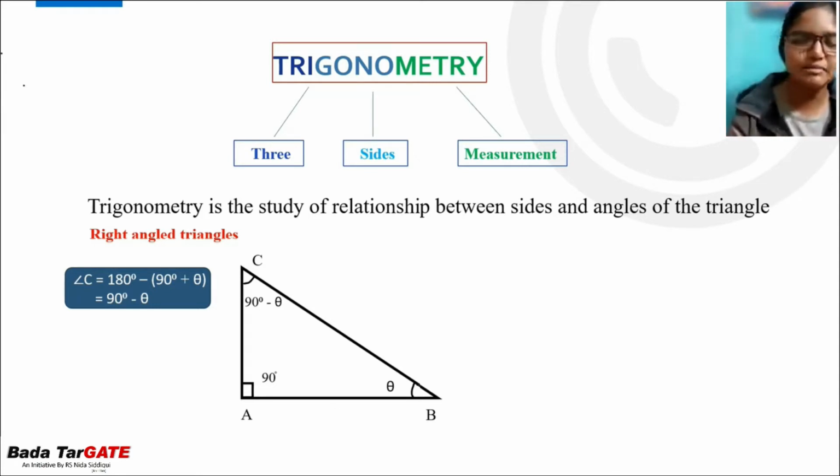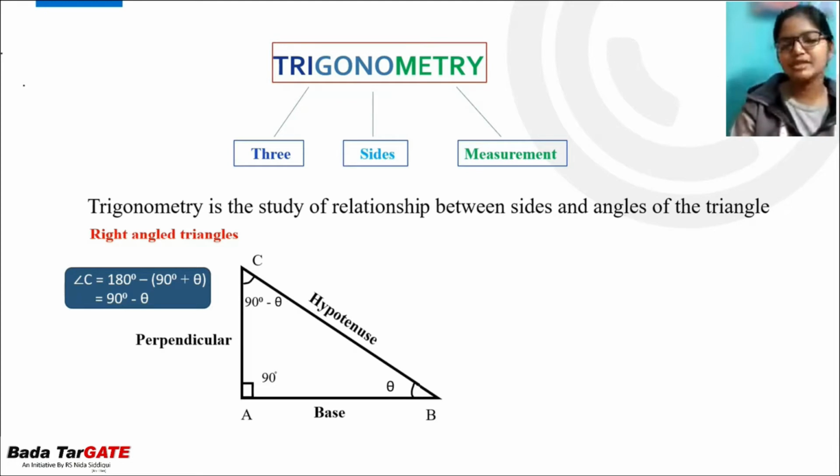Now let's look at the parts of the right angle triangle. The lower portion, that is AB, is known as the base, whereas the AC, which is perpendicular to that of the base of our triangle, is known as the perpendicular. And the side, that is BC, which joins perpendicular to the base, is known as the hypotenuse.